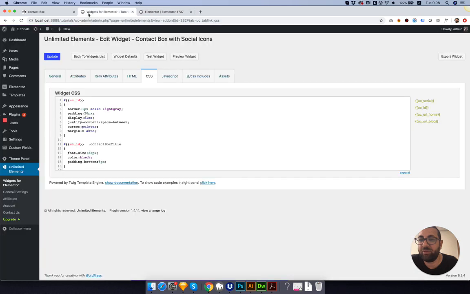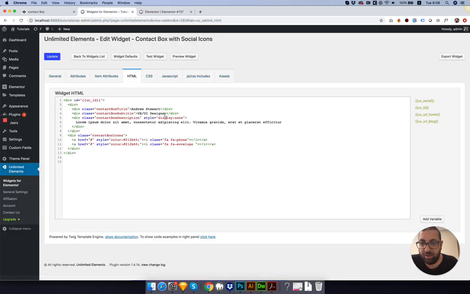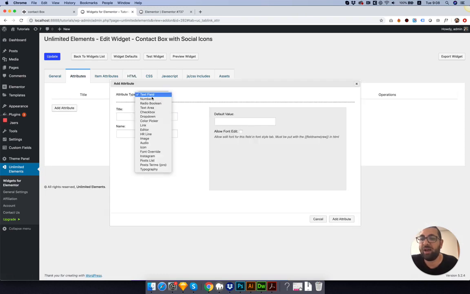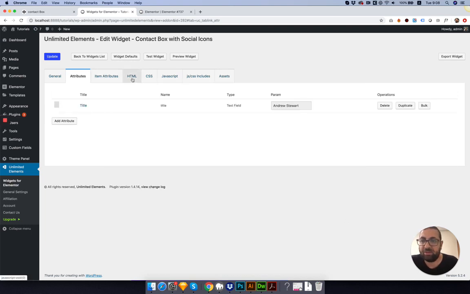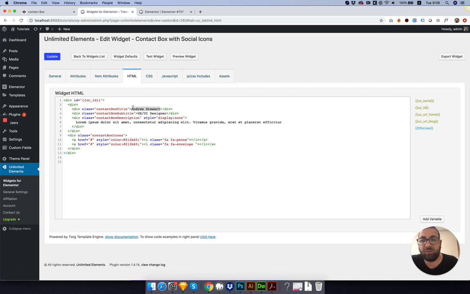And let's add our fields. Inside of the HTML, I'm just going to copy the first title, go into attributes and click add attribute. We're going to add an attribute type text field. I'm going to call it title and a default value, and add allow font editing. Inside of the HTML, once we have it selected, we can just click on the new attribute that we've added on the right side. These are the actual fields. Click update, and if we go back